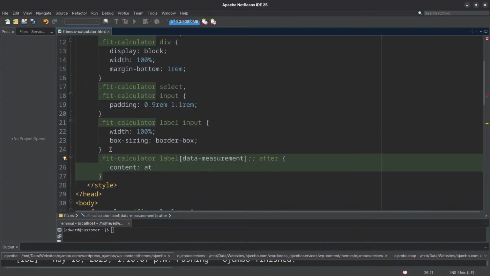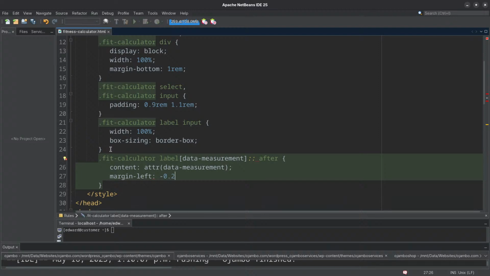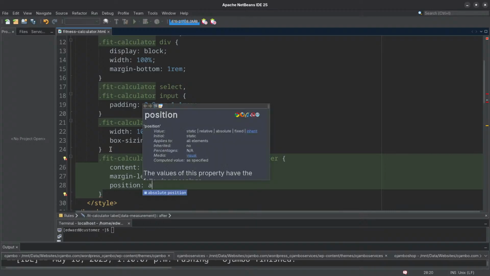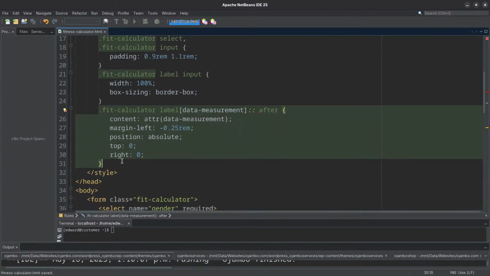So we'll get the attribute data measurement, then we have margin left minus 0.25 rem, and we'll give it a position absolute, top 0 and right 0. I'm sure you get this. So the top right will be somewhere like here. Okay, finally